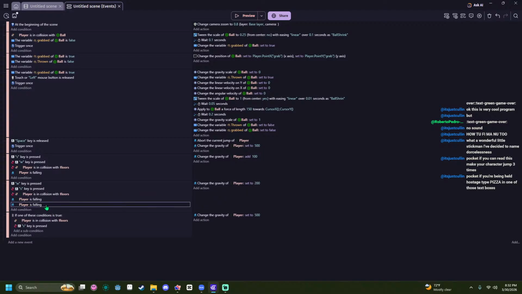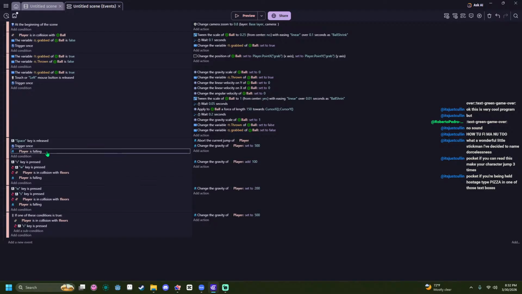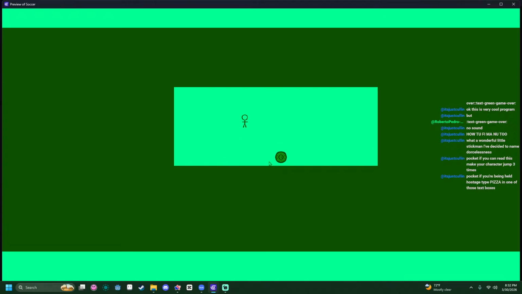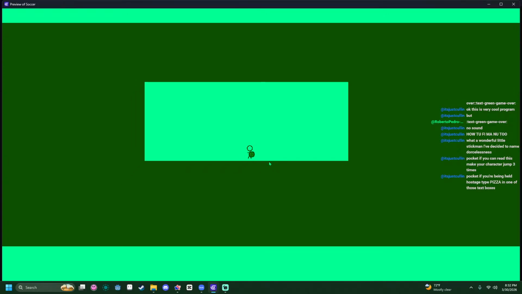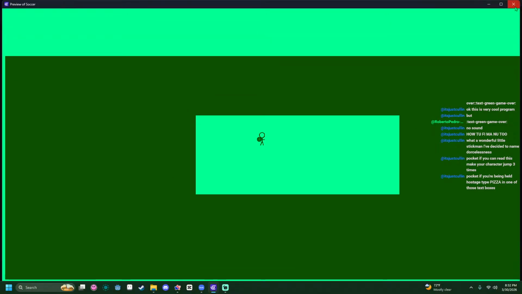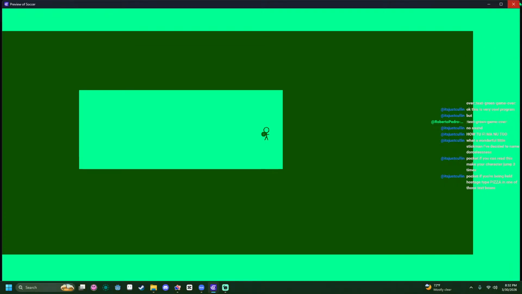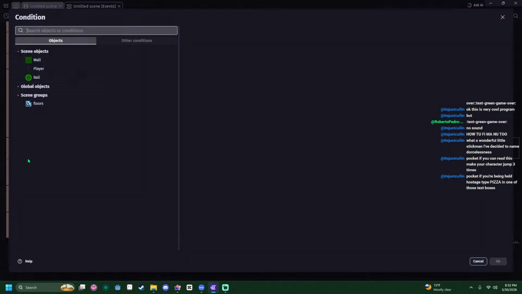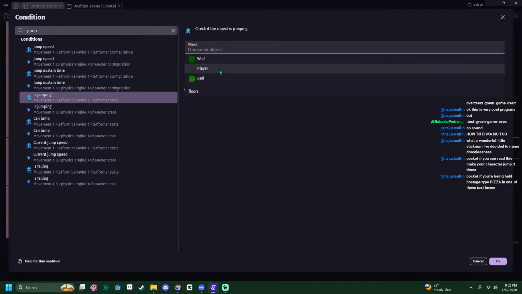And for space to work, you can't be falling. So if I do a full jump and then let go, it won't weirdly set my momentum. Well, is jumping?